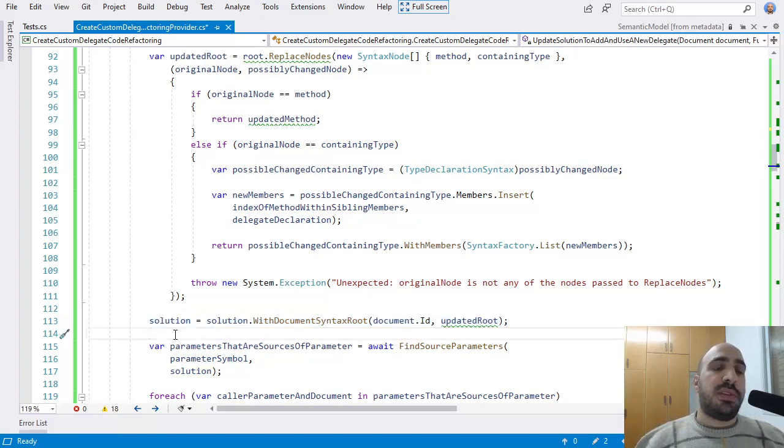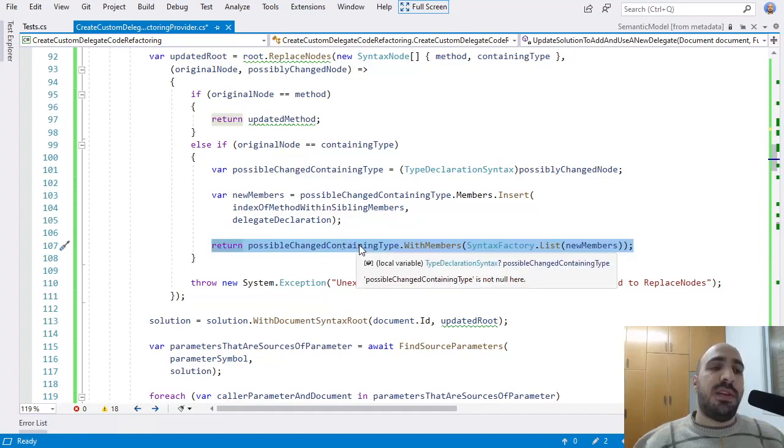So syntax nodes are immutable, right? And because using a node we can get any other node in the same tree, when one node changes, that is, when we create an updated version of one node, all nodes in the same tree have to change. For example here, when we change the members of the containing type, a completely different tree will be created, right?